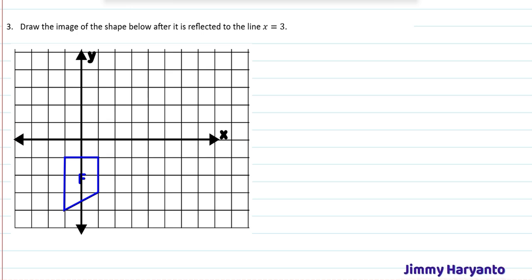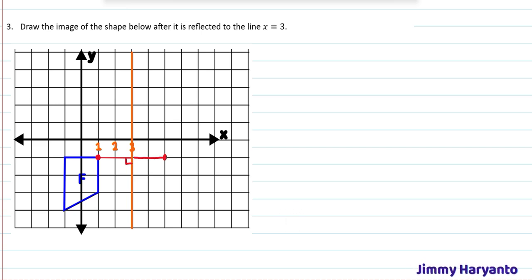First, you have to locate where is x equals to 3. So where x equals to 3 is right here. 1, 2, 3. Okay, right here. And then remember that the line of x is a vertical line. That means you have to create a vertical line at x equals to 3, and that line will act as the mirror. Yeah, and then you just have to do the steps, like choose one point and then create a perpendicular line to the mirror, and then extend the line as long as the first line right there.